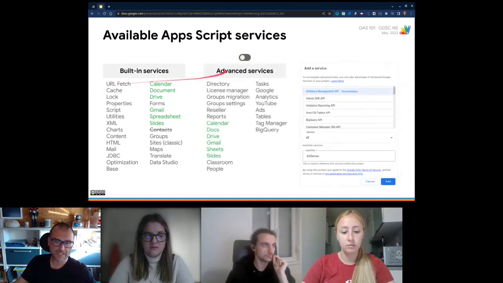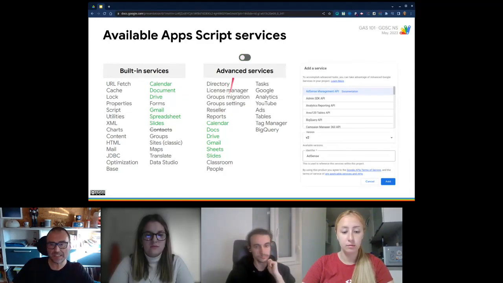We also have advanced services, and as you can see, some of them are doubled. Why is it so? Well, the real reason why they are doubled, I don't know. That's up to the Google development team who devised all this ecosystem. But the fact is that with the advanced services, you can do things that are not allowed with the built-in services. They are harder to use, but they grant you greater superpowers.